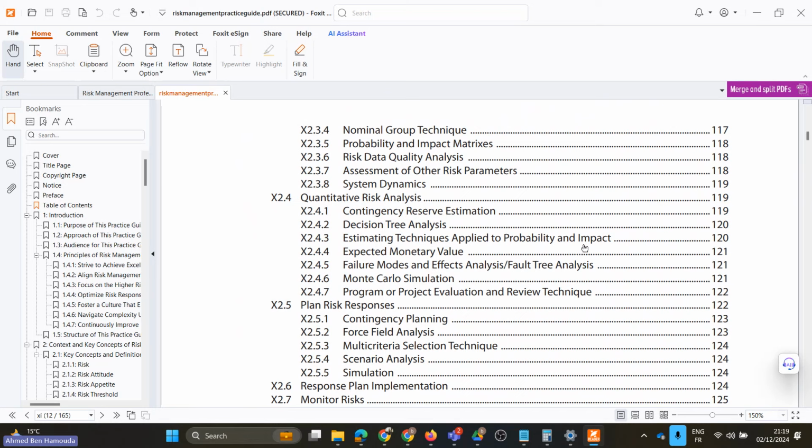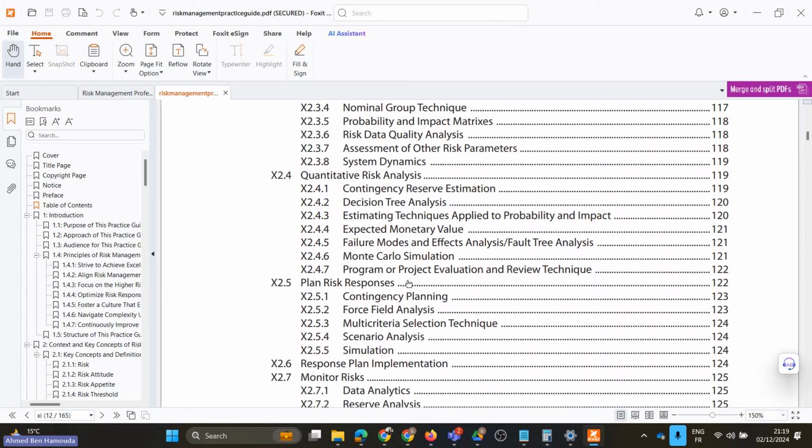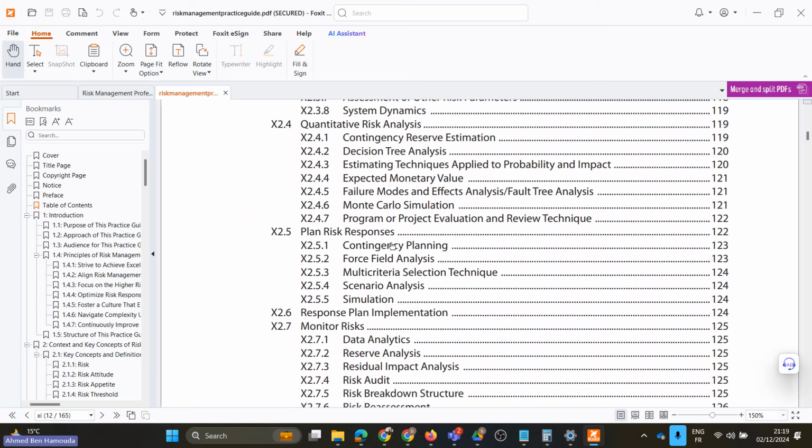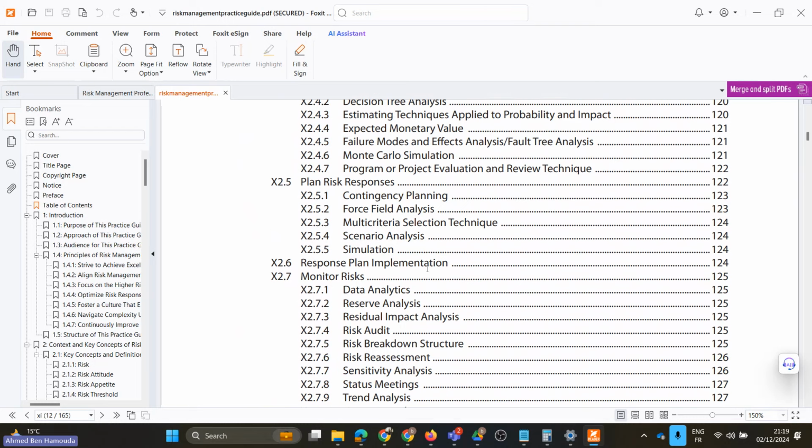applied to the probability and impact, the EMV, expected monetary value, failure modes and effects analysis, the fault tree analysis, the Monte Carlo analysis, the software computer-based analysis, and any evaluation or review techniques on a project or a program level. Okay. For planning risk responses: contingency planning, force field analysis, multi-criteria selection technique, scenario analysis, simulation techniques, and